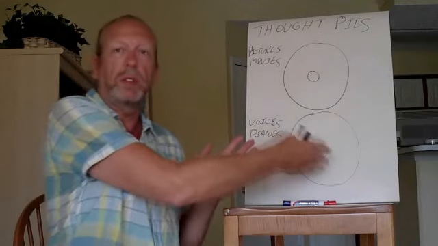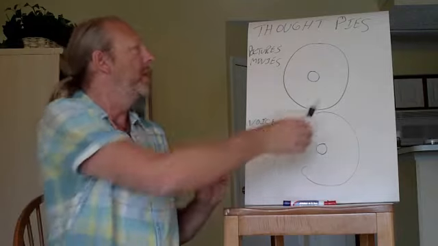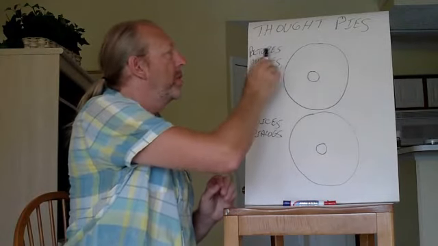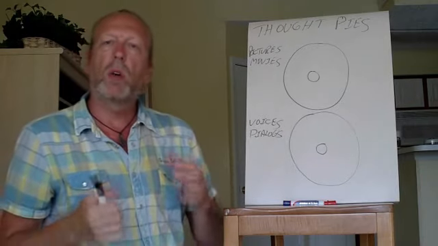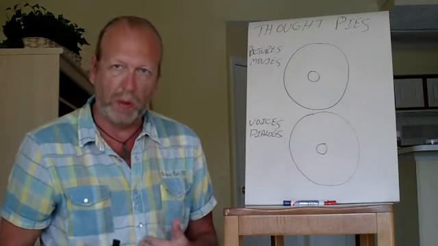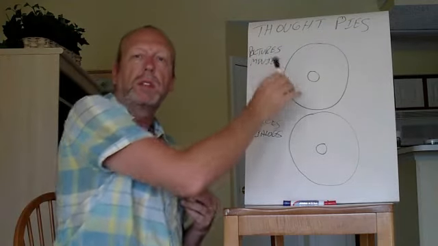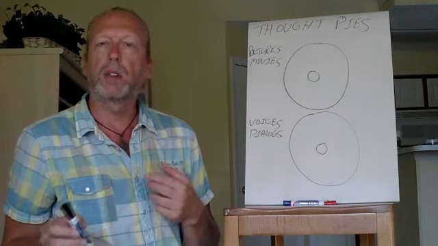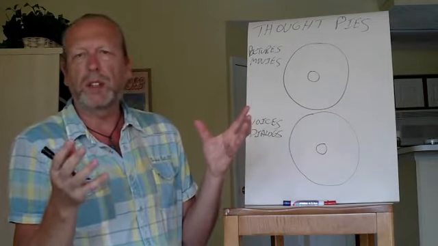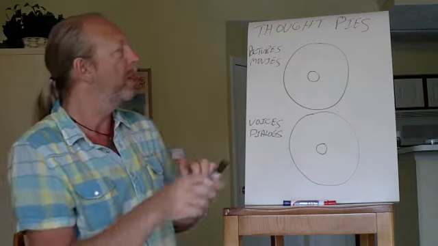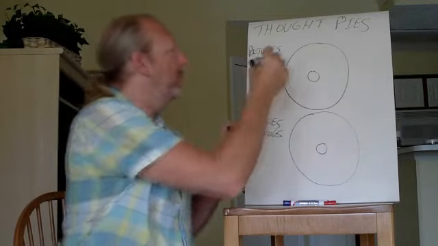You're going to find two circles just like this in your manual. Now what I want you to do is label this one pictures and movies, and this one voices and dialogues. So our thoughts present themselves to us in two primary ways: pictures or movies, voices or dialogues. This isn't an exhaustive list, but it's the main ones. So one of the ways our thoughts present themselves to us as pictures or movies is